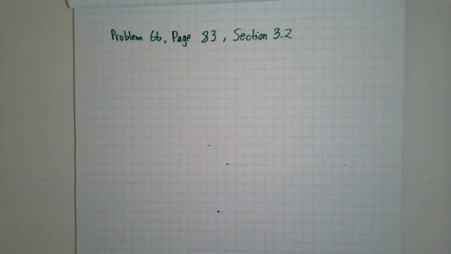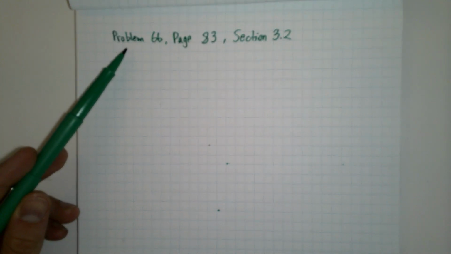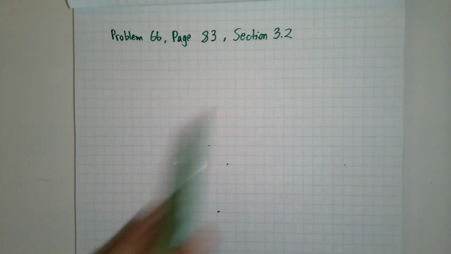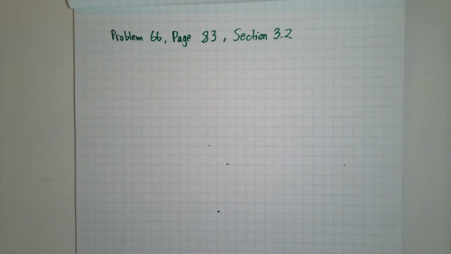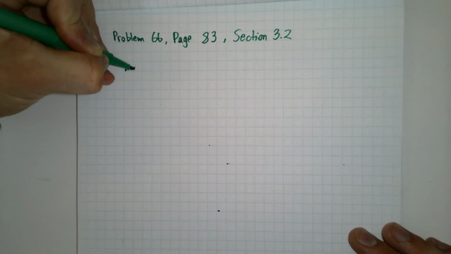Let us begin. We're going to be working problem 66 on page 83 in section 3.2. We're asked to find the displacement of a plane that experiences a uniform acceleration. By uniform, we mean constant, or unchanging, right? Uniform means the same. So we have a uniform acceleration